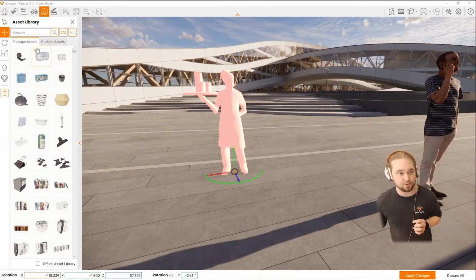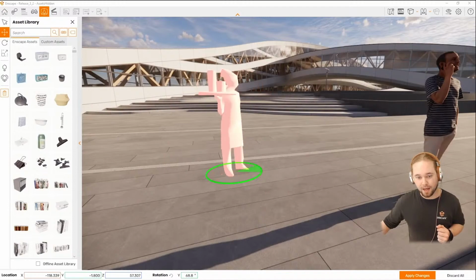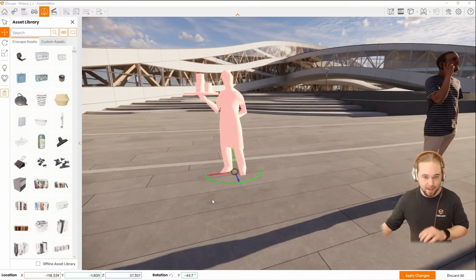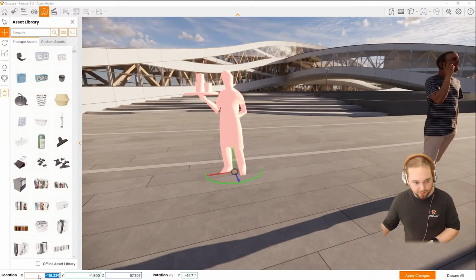In those cases, this rotate tool is grayed out. If that's the case, don't worry, you can just use the translate tool as I have it here already, and use the screen circle to rotate an asset around the up axis. By the way, at the bottom here, we also have a number of input fields where you can enter the position, for example, of the asset or the rotation.